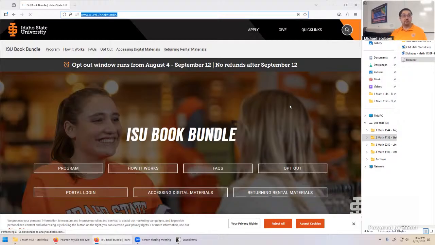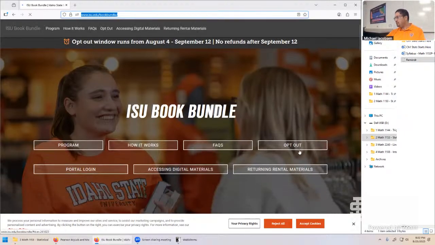It is not for this course. Yeah. You should be able to, yeah. And you should also be able to do it just through this link right here. One thing that's kind of awful about this book bundle, my understanding of it, unless it was changed very recently, is it's kind of an all or nothing thing. So if you try to opt out of just one specific class, that means globally you're opting out of all of your classes. Again, it seems like just a weird system.